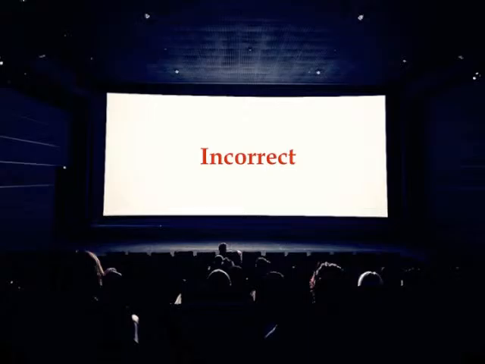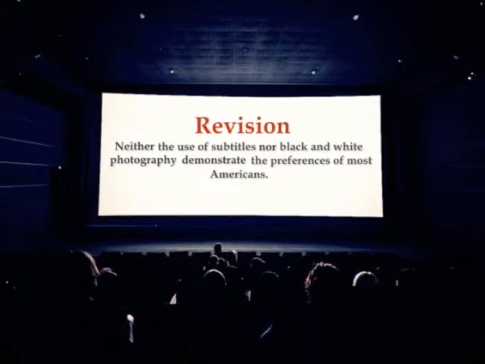Let's examine it more closely. Our rules for compound subjects indicate that when a sentence uses neither or nor, the verb should agree with the subject closest to it. Photography in this case is the word closest to the verb in the sentence, demonstrate, and photography is a singular subject, which means that demonstrate should really be demonstrates.